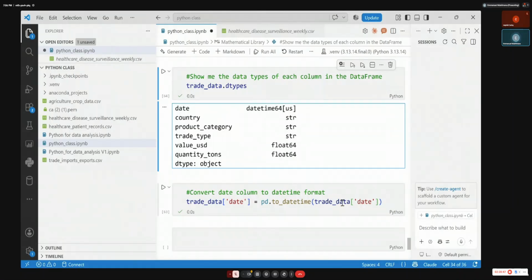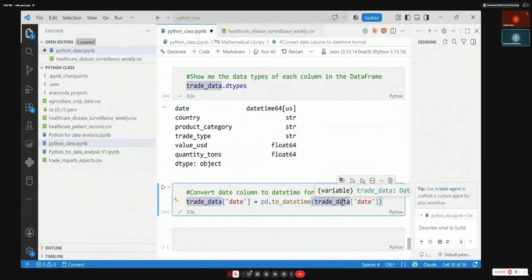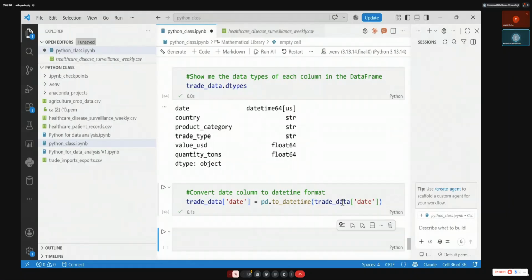So this is a really important step, because if this date is not well recognized, you won't be able to do a summary on a weekly basis or monthly basis or yearly basis. It's a very interesting component. Mind the data types always. Data types are one of the critical parts of data analysis. You can't take a column of age when it is recognized as a string. You will face an error soon.